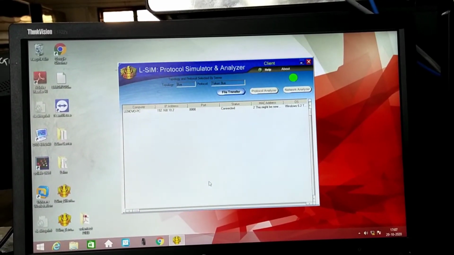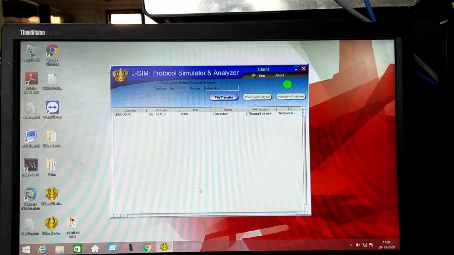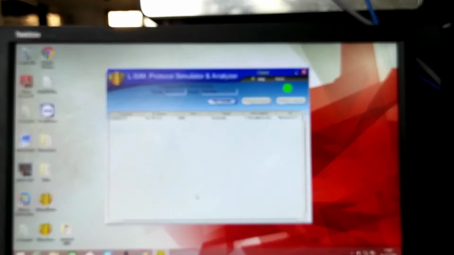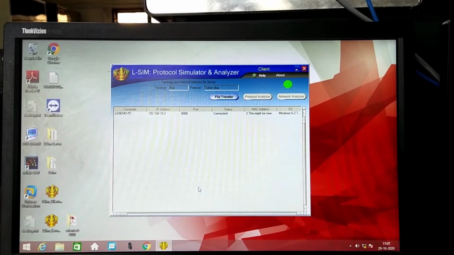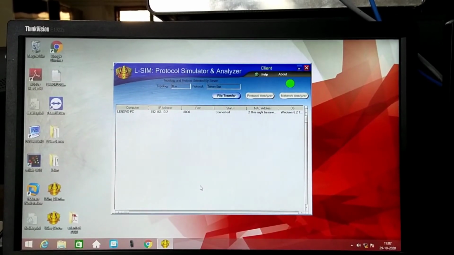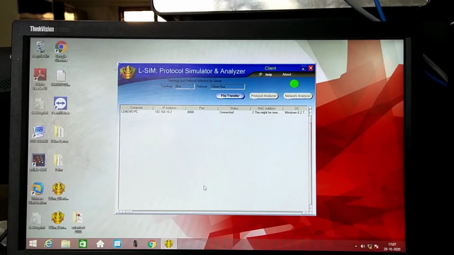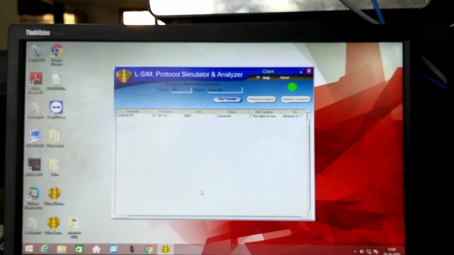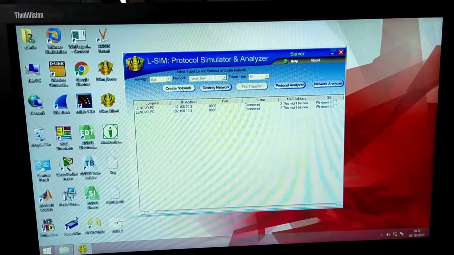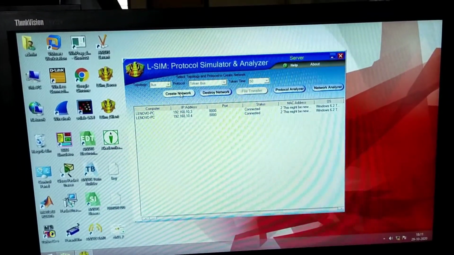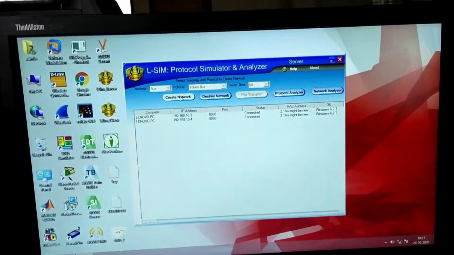On one of the machines, that is client, we can see a circle having green color. That is indicating a token. So token is available with this machine right now. So it has got authority, it has got the power, it has got the permission to put data on channel by this file transfer button. Whereas on other 2 machines, these buttons are disabled, as you can see in the server as well as in the client part.